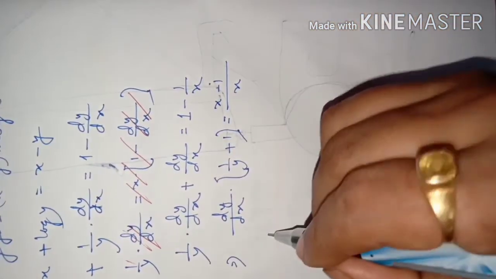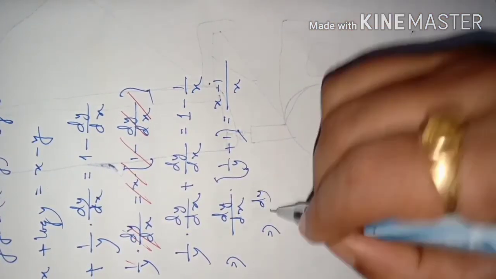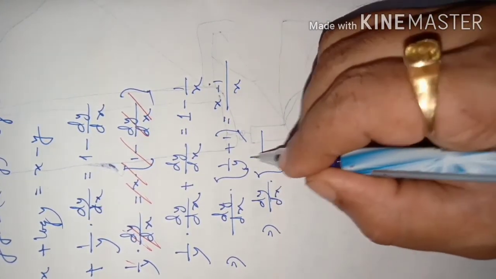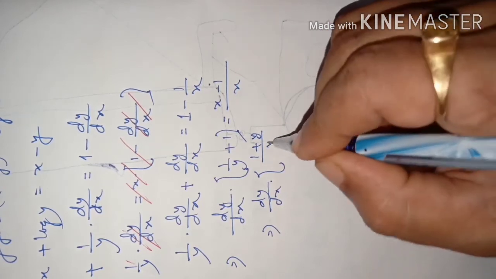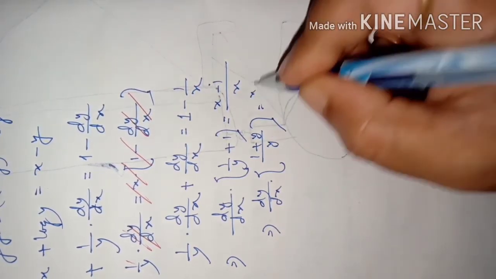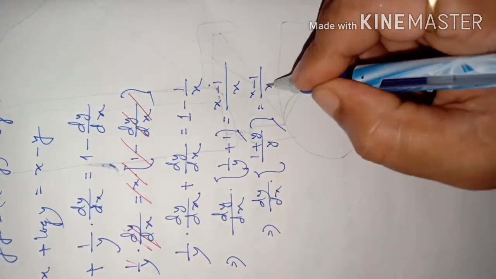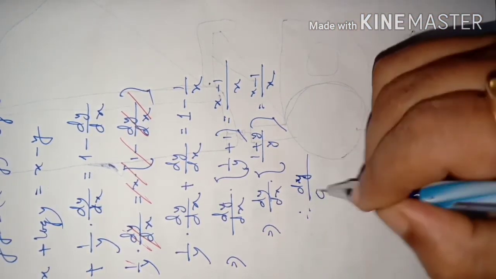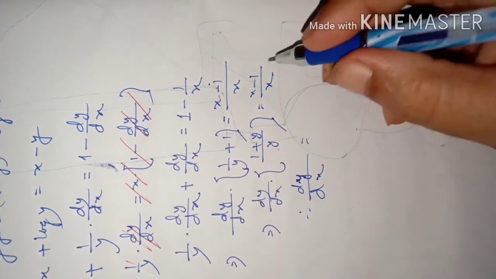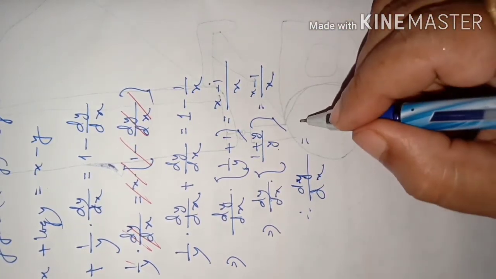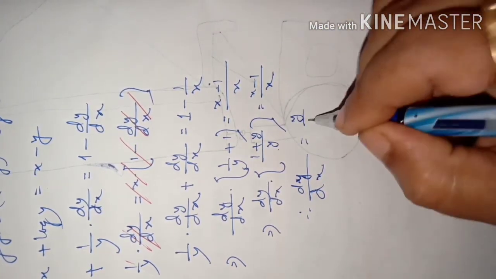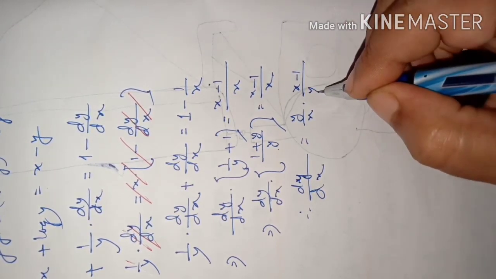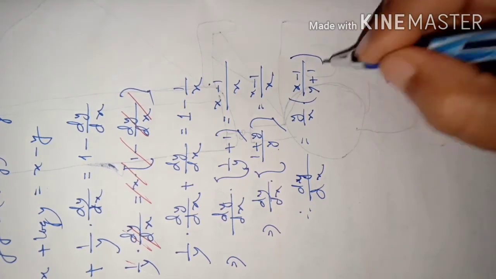So from here this is also dy by dx into, if we simplify, this will be 1 plus y by y is equal to x minus 1 by x. So from here dy by dx is equal to, taking this one that side, this one also that side, so it will be y by x into x minus 1 by y plus 1. We can write like this. This is our